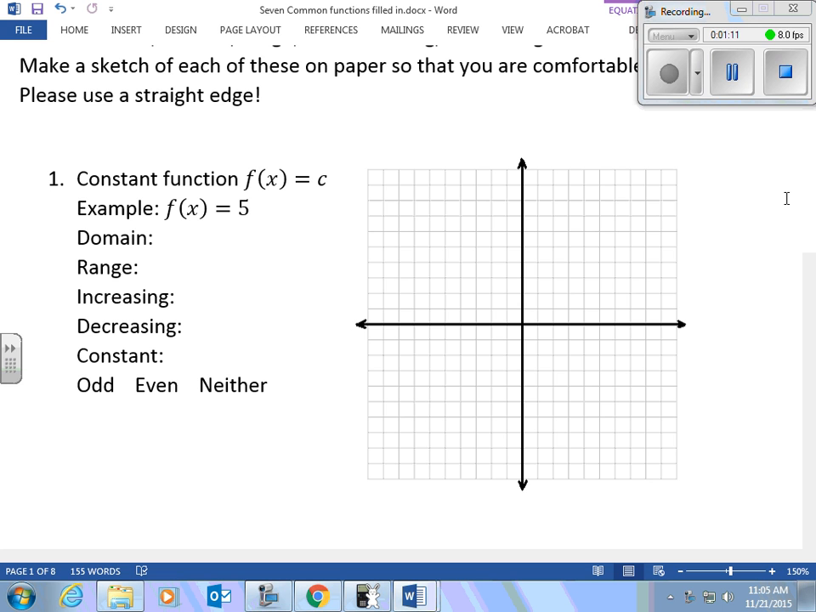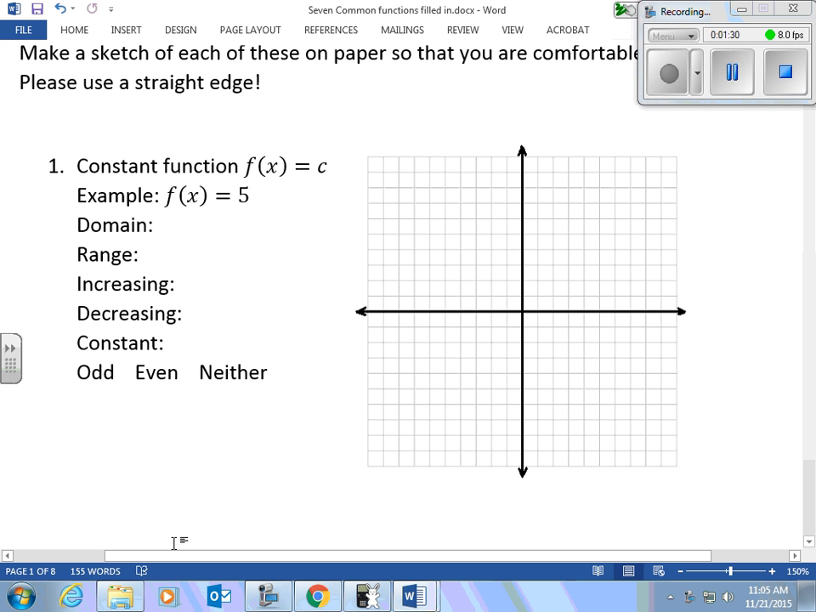The first function that we're looking at is the constant function f at x equals c, where c can be any real number. So think of that in terms of y equals some number. And for this one, we'll use a specific example, f at x equals 5. So if we think of the table of values for that,